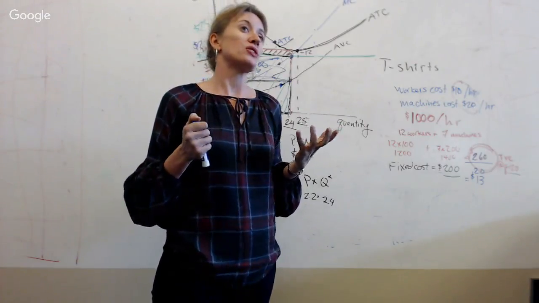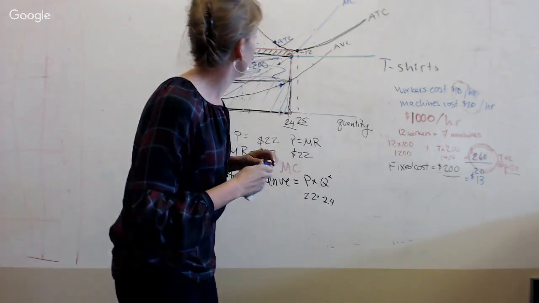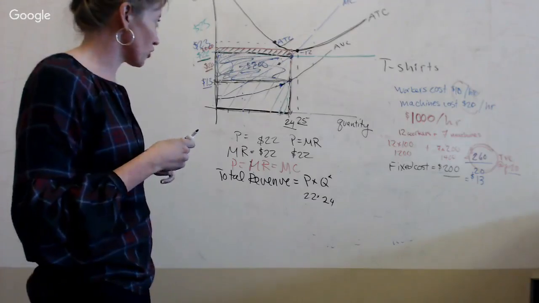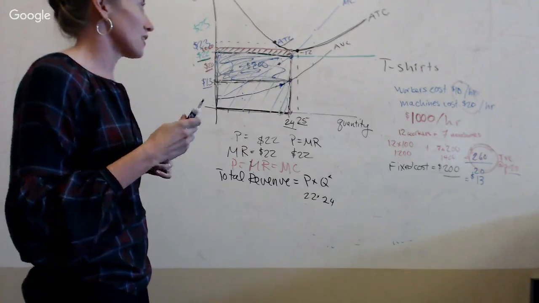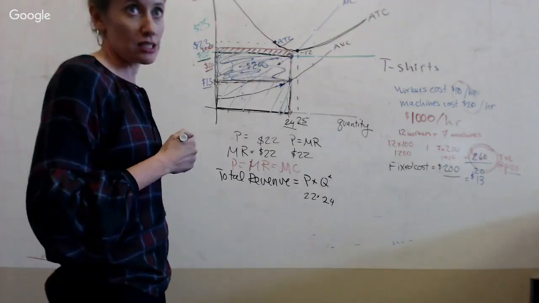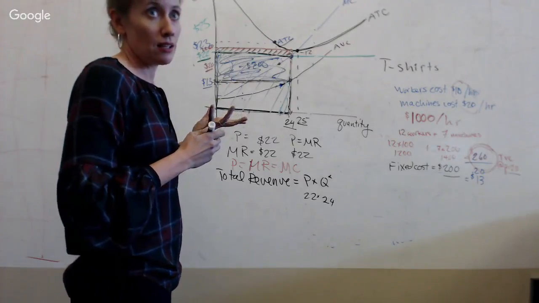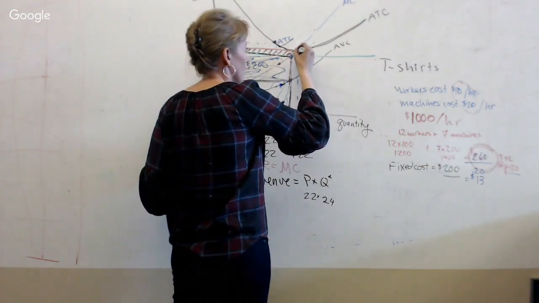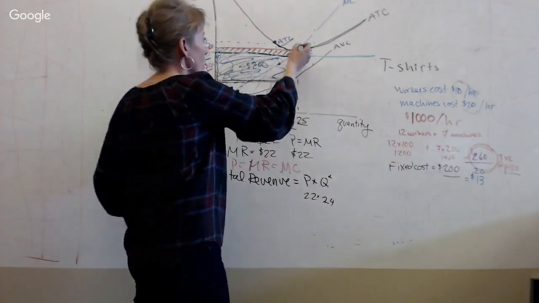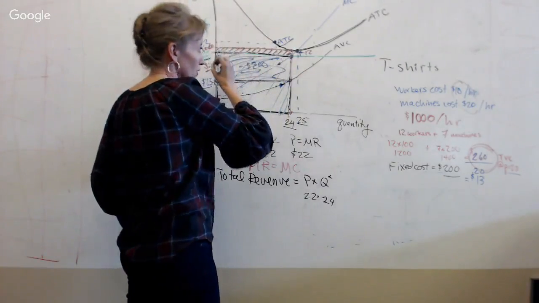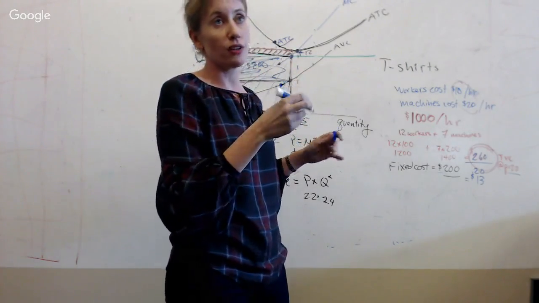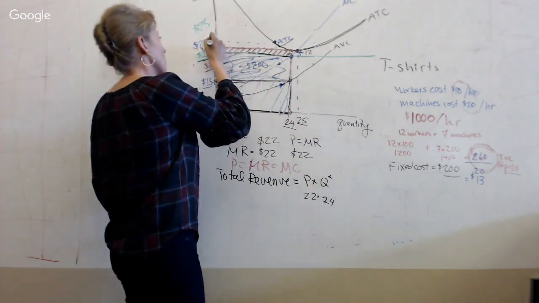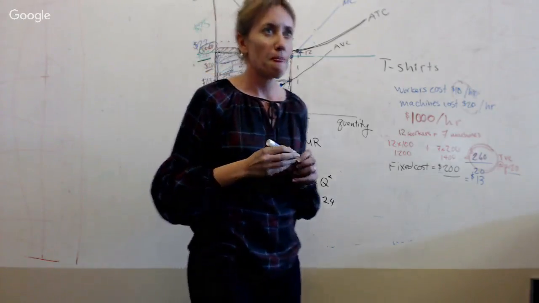There's fewer producers, and eventually the number of t-shirt producers declines, and as supply decreases, prices will rise until eventually no firms earn profits or losses. Nobody earns a profit, nobody earns a loss, and we can think about our market being in a long-run equilibrium, and the price of a t-shirt is going to be $22.50.